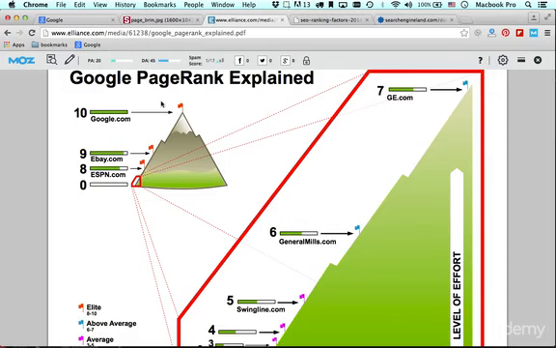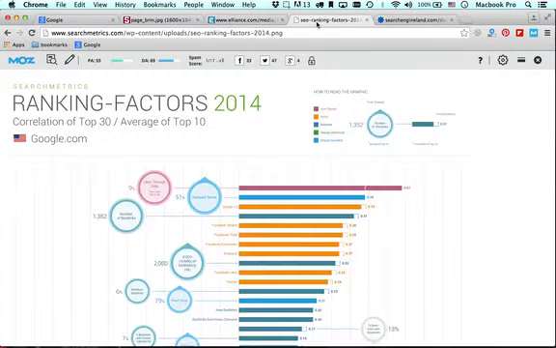So PageRank is a formula that essentially equates to the popularity of a website. This included a number of different factors, but primarily it boiled down to the sum of the links that were pointing back to the various pages on the website. Of course, the algorithm has expanded since then, and now there's over 200 different ranking factors that are involved in Google's search engine algorithm.